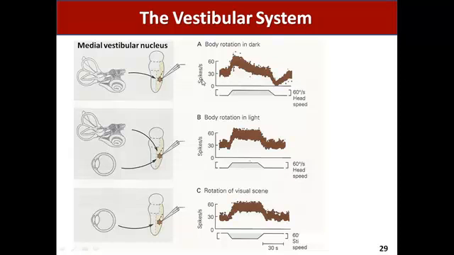And they translated this, or they measured the activity in terms of the frequency of discharge. And so in this experiment, animals were rotated in the dark. So when they were rotated in the dark, of course, visual information cannot be incorporated into the central nervous system, particularly here into the vestibular nuclei. And so what we see here with body rotation in the dark, we see an initial spike in the discharge